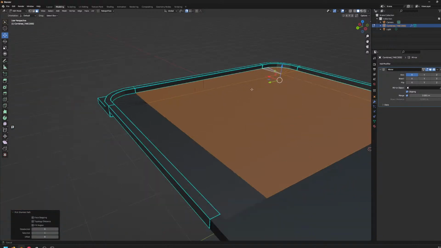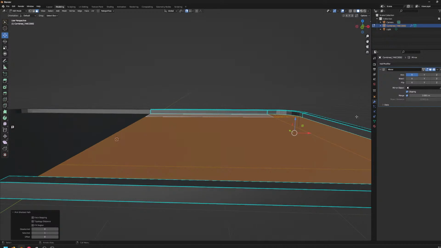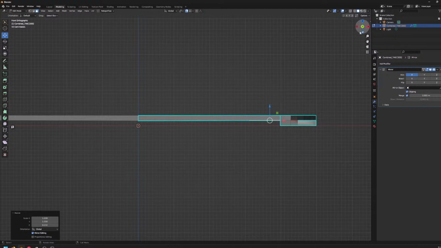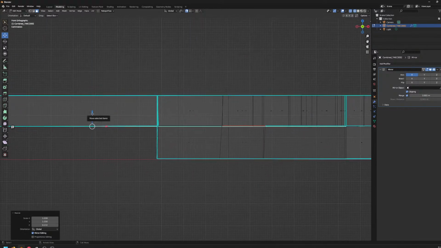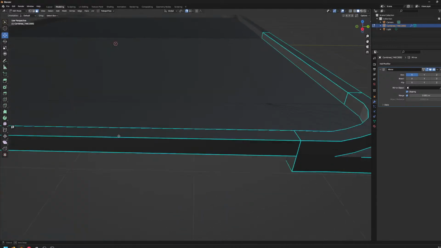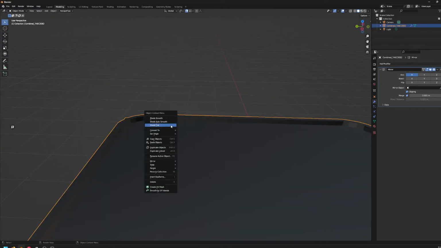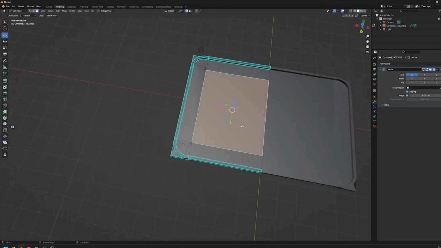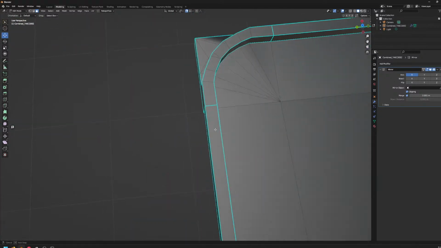Much more visually. Oh, it's still kind of gross. And I think part of that is just how the